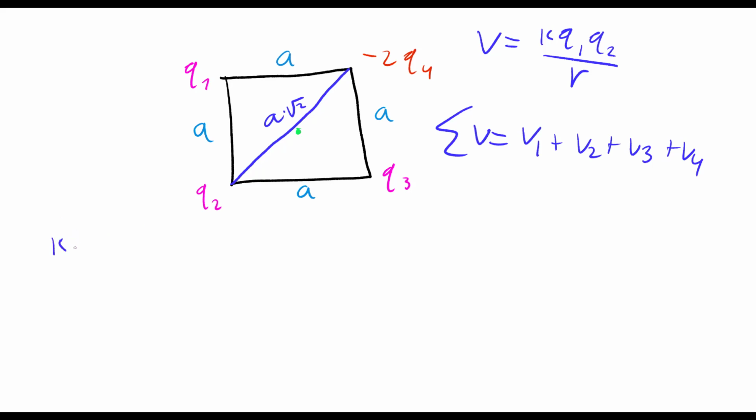We're going to do k. We will have q1 times... Now, we don't have a charge for this one, right? But we do have a charge for this. And it's going to be q3 all over. Now, what's the distance? Well, the distance is this. But we already calculated it to be that: A times square root of 2. So it's going to be A square root of 2, plus k q1. Well, not q1. It's the other one. So q2